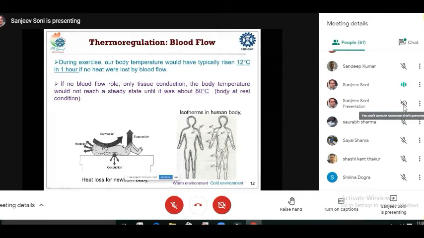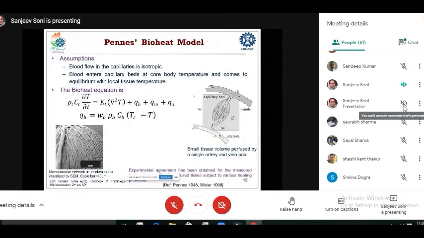For example, suppose there was no blood flow in the human body, our normal temperature would have been 80 degrees Celsius. So blood is a crucial factor for thermal biology. Now suppose I have an idea of the blood flow, how do I convert these blood flow characteristics